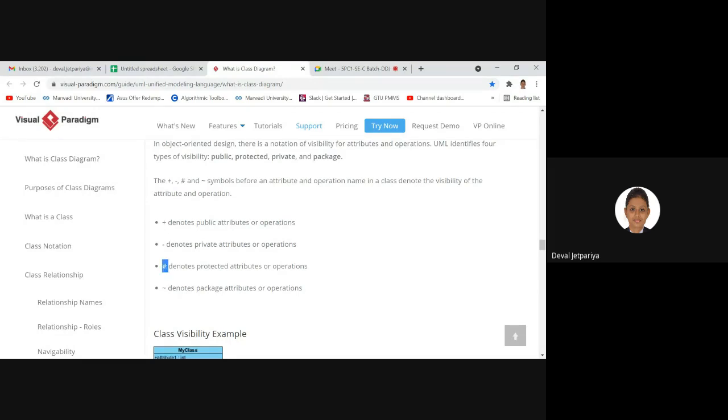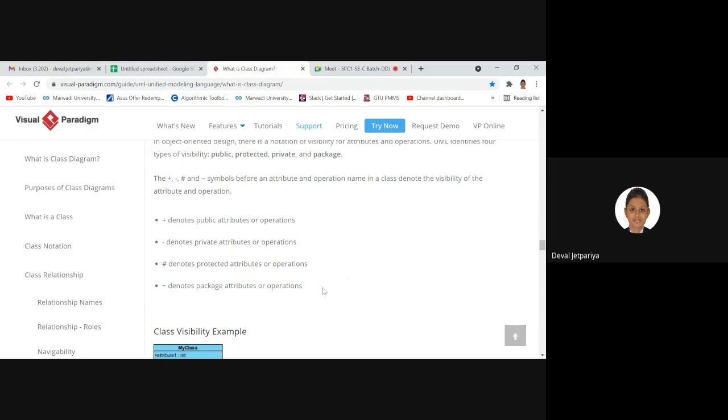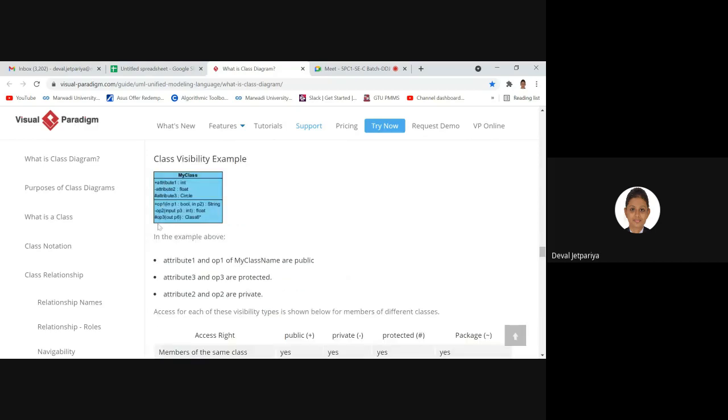Then hash denotes a protected attribute, and minus denotes a package attribute or operation. So you can see that I have used it over here. Here we have not kept names of attributes, so you might not get it, but likewise you can write. Okay? Fine.